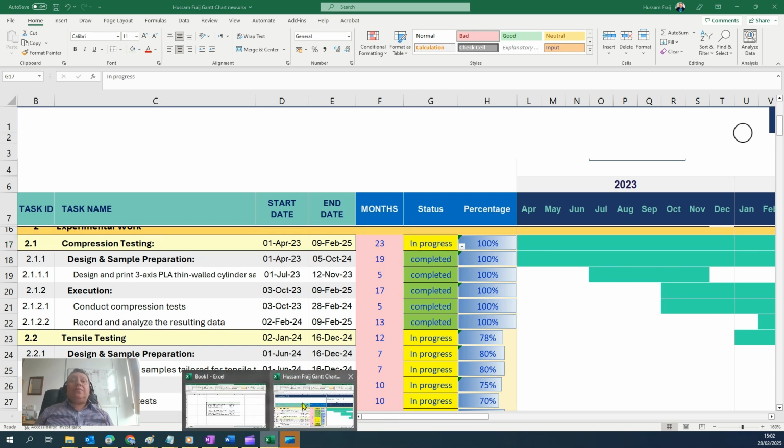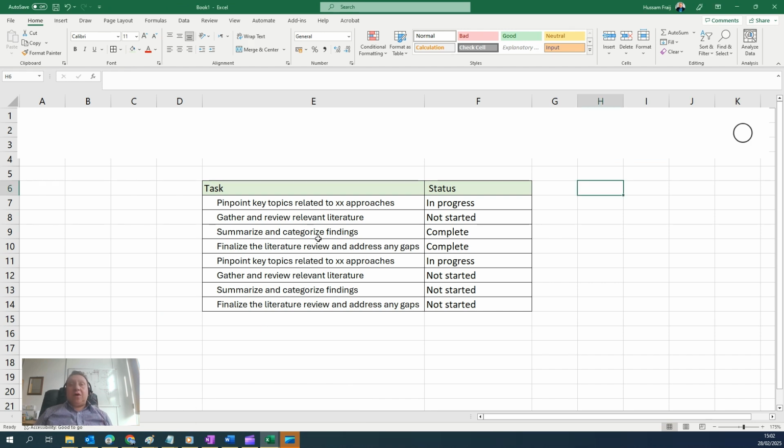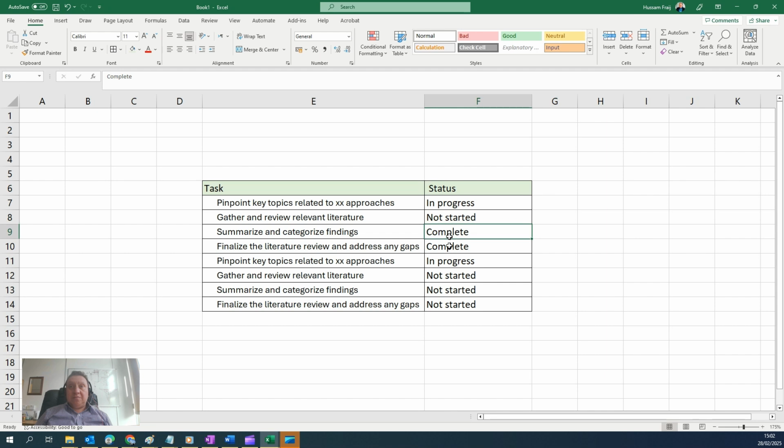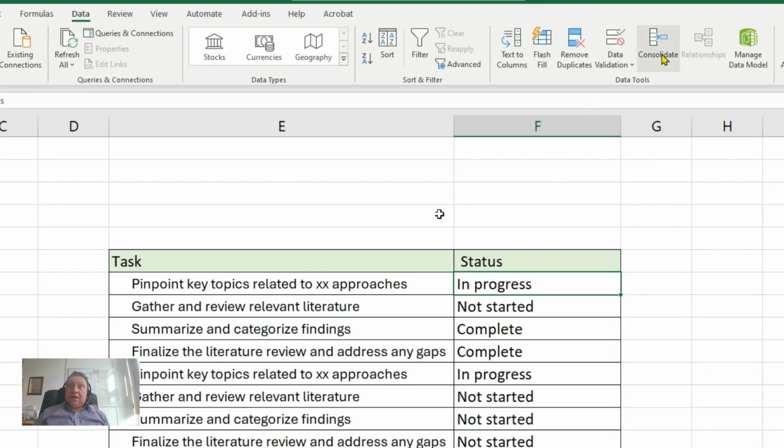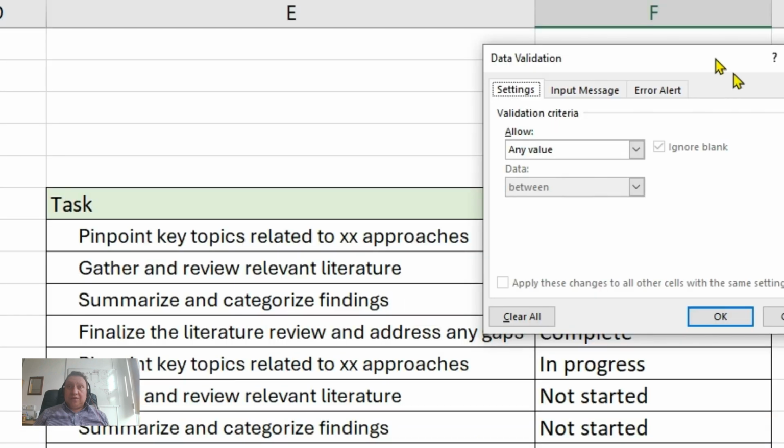So let's say you have this menu and instead of writing them manually and coloring them manually, as an example, complete green, first of all, we'll go to Data and then Data Validation, and click on Data Validation,